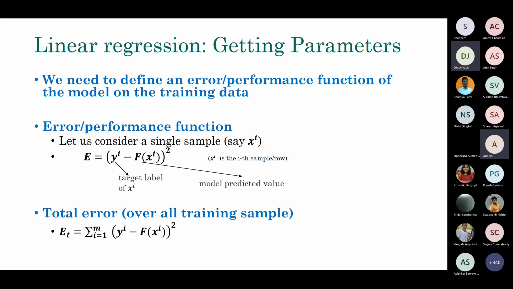Now over time during this course, you will know different kinds of error functions and objective functions. When you know SVM, you will have a different kind of error. When you know neural networks, there you will have some other kind of error functions like cross entropy and things like that. So many kinds of error functions are there, very common in machine learning literature. So you get to know gradually. But this is one of the simplest forms of error function. So the total error is basically these individual errors, and then you sum them up.